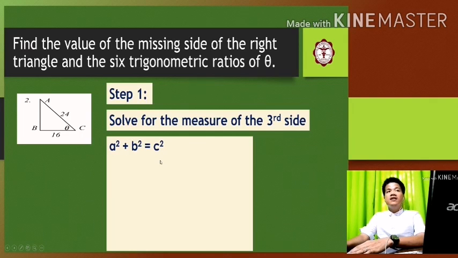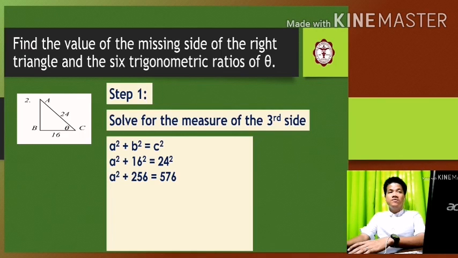So using the Pythagorean theorem equation, we have a squared plus b squared equals c squared. Of course, the c is the longest side, which is 24, and we will let a and b be the shorter sides. So we have a squared plus 16 squared equals 24 squared. Getting the value, we will have a squared plus 256 is equal to 576. So to solve for a squared, we need to take 256 from both sides. So we will have a squared is equal to 576 minus